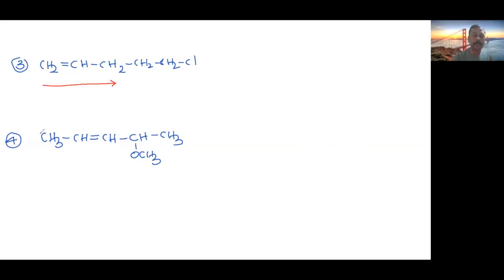Okay, in this one, another function group other than the halogen, there are some more function groups like ether. Ether is a functional group, but it is never treated as a functional group and written in the suffix. It is always written in the prefix only. So here this is the ether and its name will be methoxy. So once I say it as a substituent and write it in the prefix, you need not worry about accommodating it in the main chain.